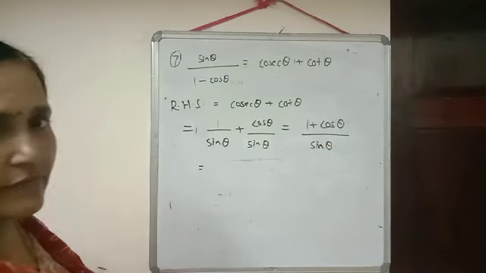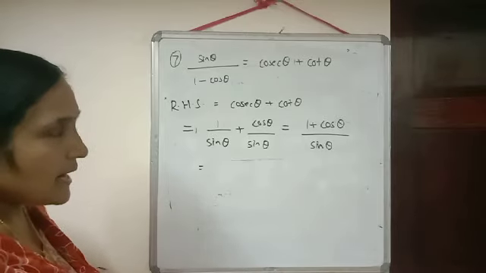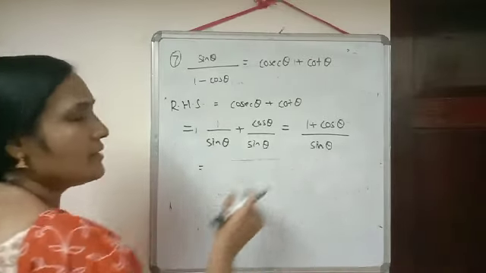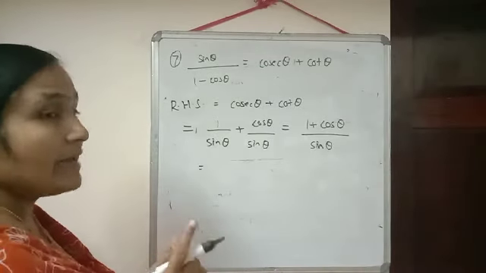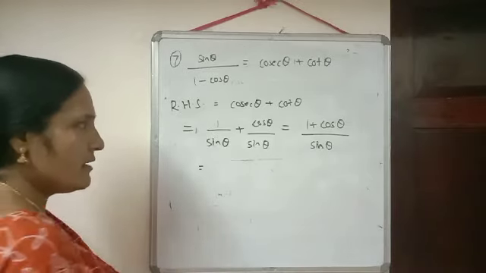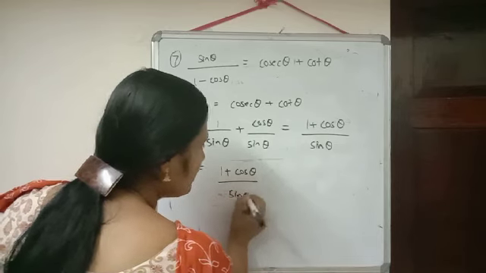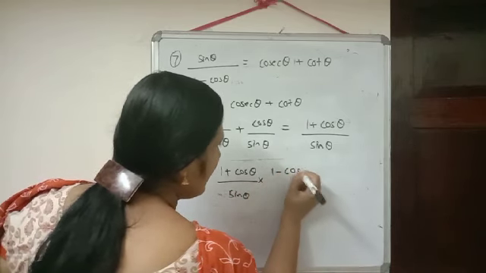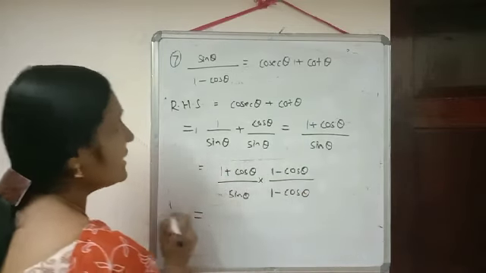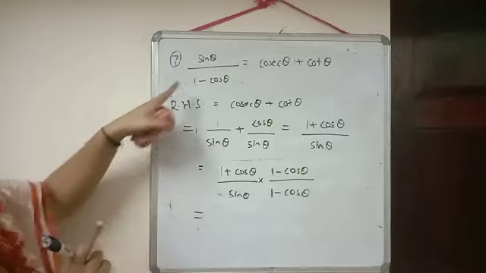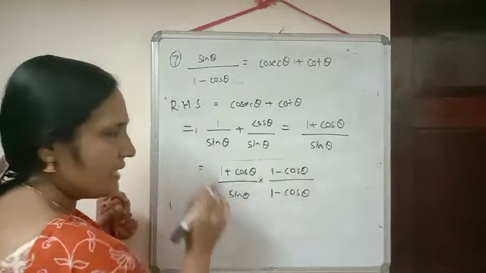After that again we got stuck here because we don't have any other term there. And to rationalize the denominator, we need two terms in the denominator. That also we don't have. So here what we will do, we'll rationalize the numerator. When you rationalize the numerator, same concept there. We'll multiply both numerator and denominator by 1 minus cos theta. Now check in the proof. In the proof we need 1 minus cos theta in the denominator. So except this, rest all you can change.